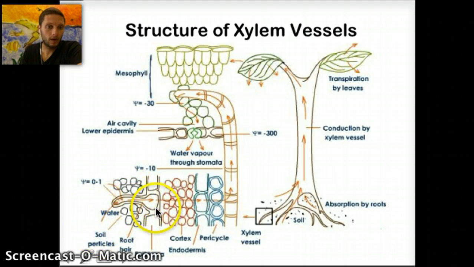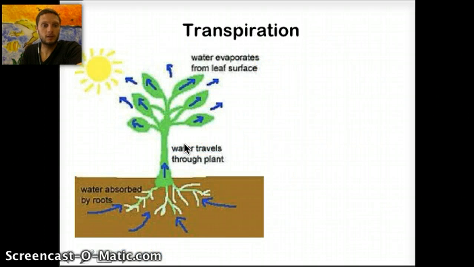It's going to be transferred to the xylem through some process that we're going to look at. Water gets transported up into the leaves, and then it evaporates out through the stomata in the leaf cells. So let's take a look at how this process actually occurs. It only occurs in upward motion. So water gets pulled from the roots and is moved through the stem and out to the leaves,